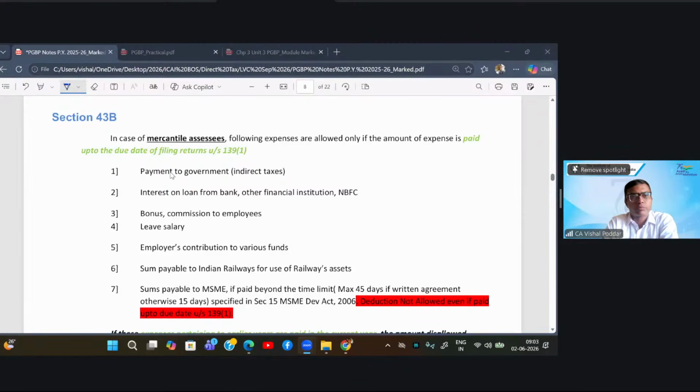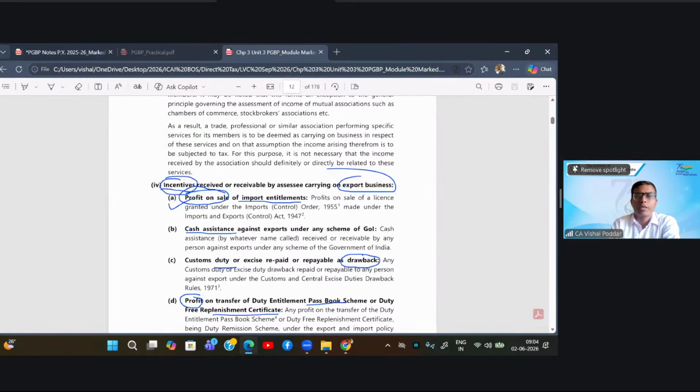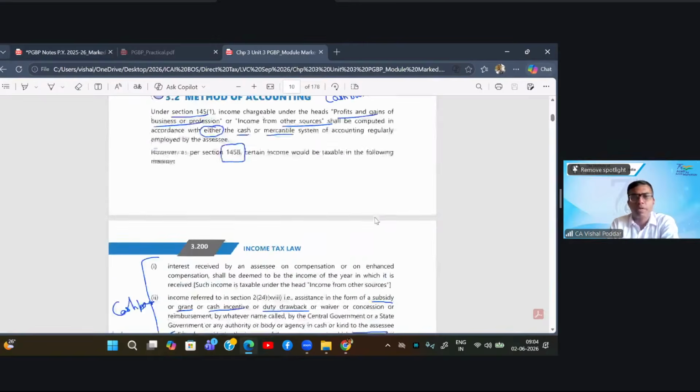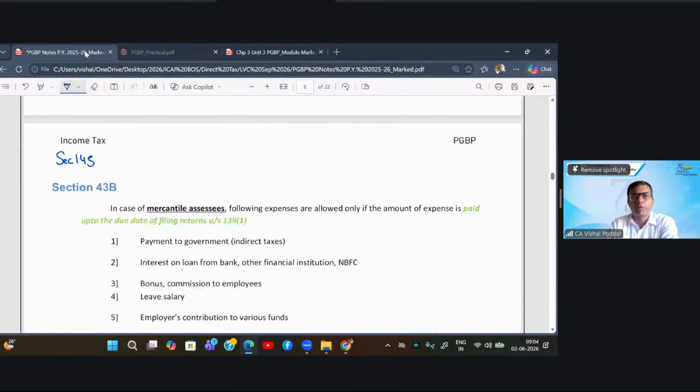Now, coming to section 43B. Now here, before I explain 43B, I would like to discuss section 145, which was there in your module at the very start. And I had discussed that because somebody had asked me question relating to that. See, this one, method of accounting. Now, what is section 145 dealing with? It deals with